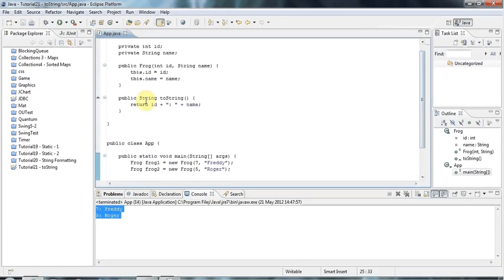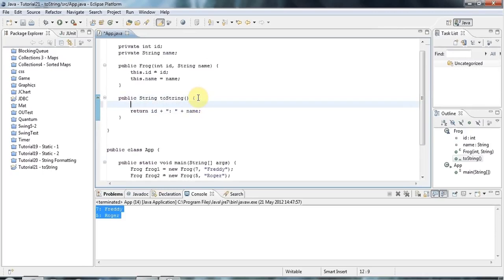Now there's nothing wrong really with this, it's just that it's a little bit inefficient because you've got a string object here and a string object here as well, and this is getting wrapped in an integer, a non-primitive integer type class, and then converted to a string, and then you're concatenating all those strings together and turning them into a new string. So there's a lot of string objects flying about, and a slightly more efficient way of doing it would be